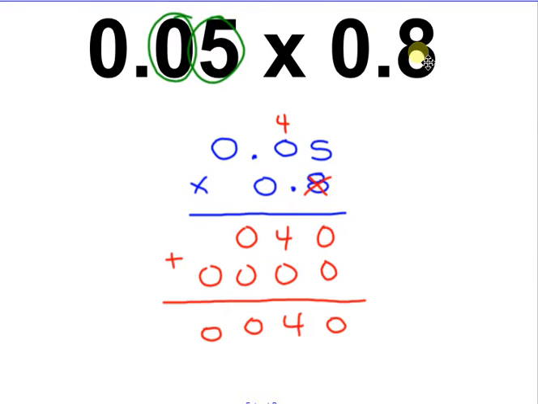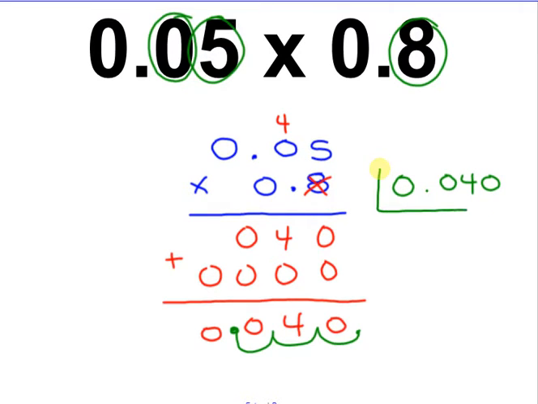Now, go back up to my original problem and how many numbers are after the decimal? 1, 2, and 3. Now, let me show you. Here's where those zeros are important. Start here. 1, 2, 3. See, if we didn't have all those zeros, we wouldn't have anywhere to move the decimal. So our final answer is 0.4, oops, I'm sorry. I messed that up. I missed a 0. It's